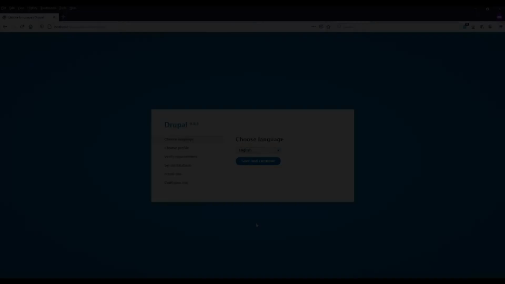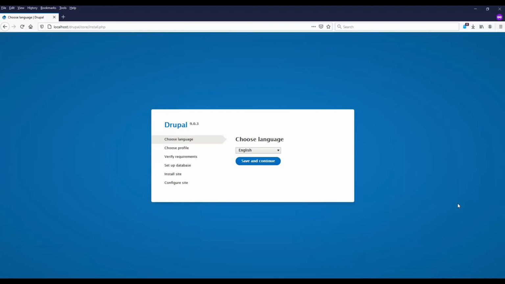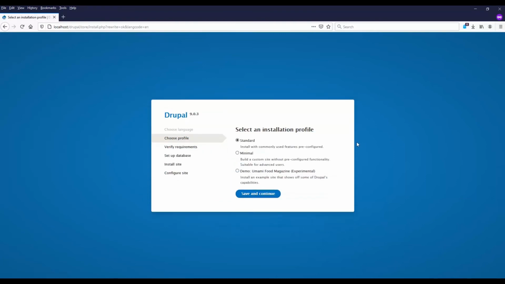Install Drupal. In your browser, type in localhost/Drupal, or whatever you change the name of your Drupal directory to in step 3. Now we can begin going through the installation process for Drupal. On the first screen, I'm going to just use English as my language. Click Save and Continue. On this screen, I'm going to use the standard installation profile, and then I will click